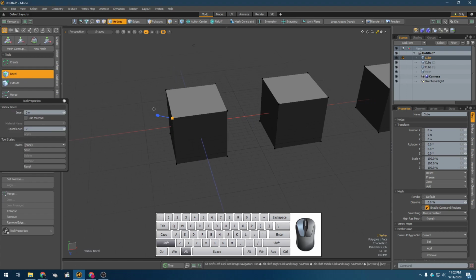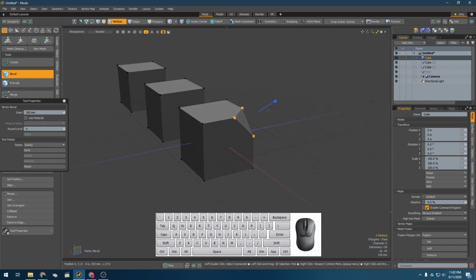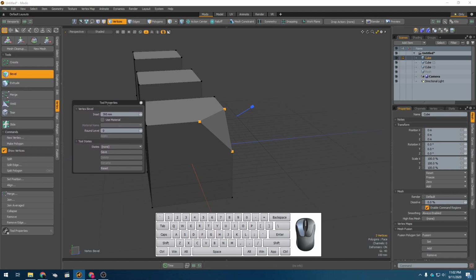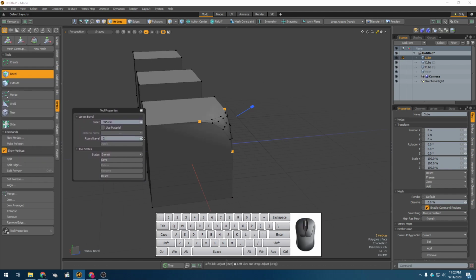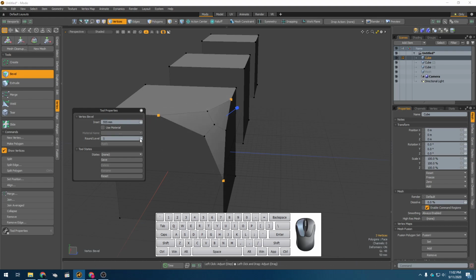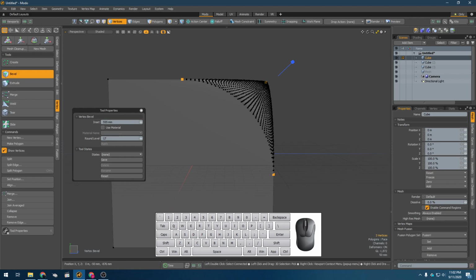And you'll see in this case I only have the one handlebar, and it's essentially cutting that corner with the straight plane. However, the tool properties for this does have a rounding option, and that's going to subdivide it more to get a nice and smooth corner. Alright, you can see I can get it pretty smooth,